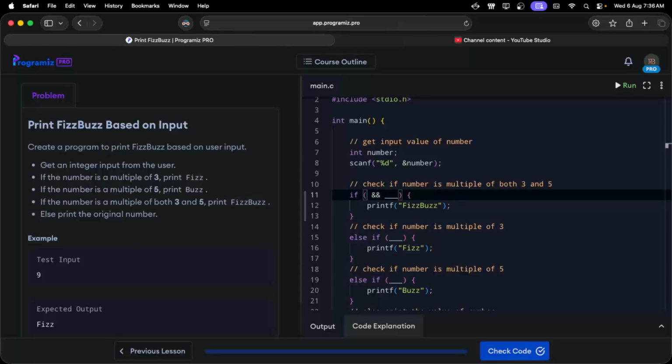To do that, we've got the number, modulo what? 3 equals should be 0. Right, let's just copy the same thing. Copy, paste it there. And we need to check for 5 as well. Similarly, we need to check for 5. So the second condition should be, if it is divisible by both, it will be fizz